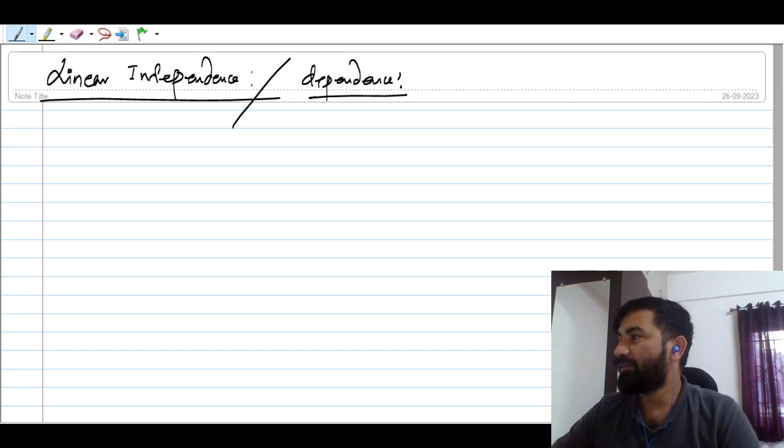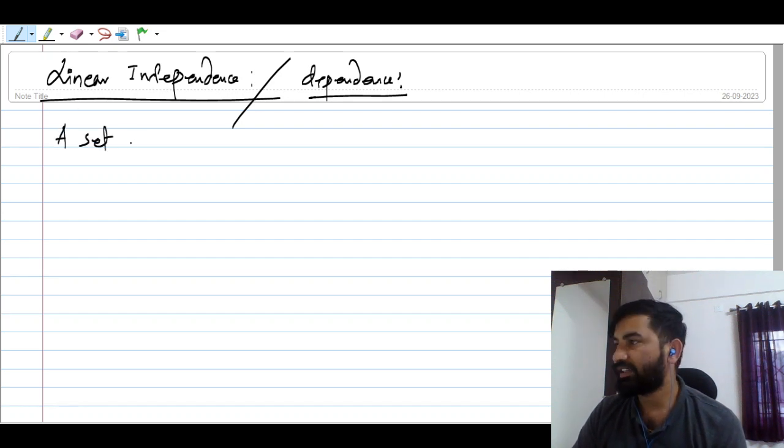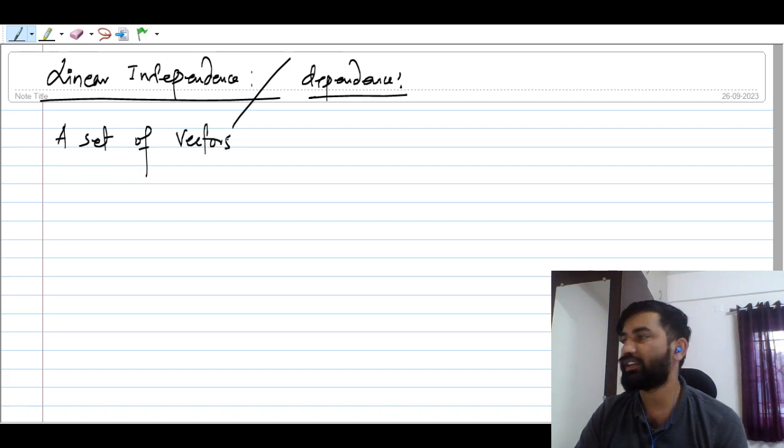So I will give you a new definition of linear independence, right? Already I have given you the linear combination definition, right? ठीक है, fine. Let me write here the definition, a linear independence definition, okay? So a set of vectors, okay? In the question they will mention a bunch of vectors, right? So a set of vectors is linearly independent,